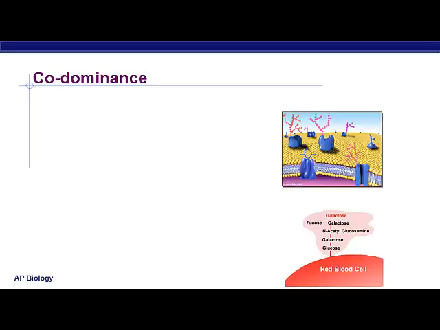Multiple allele is when you have more than one letter. Typically when we work with Punnett squares, we have one letter, right? Like R and R prime, or big B and little b. When you've got multiple alleles, you've got more than one letter. So we have A, we have B, and we have O. Oh, no. That's a dihybrid cross. Those are two different traits. We're talking about the same trait having more than two letters that represent it. Okay, so